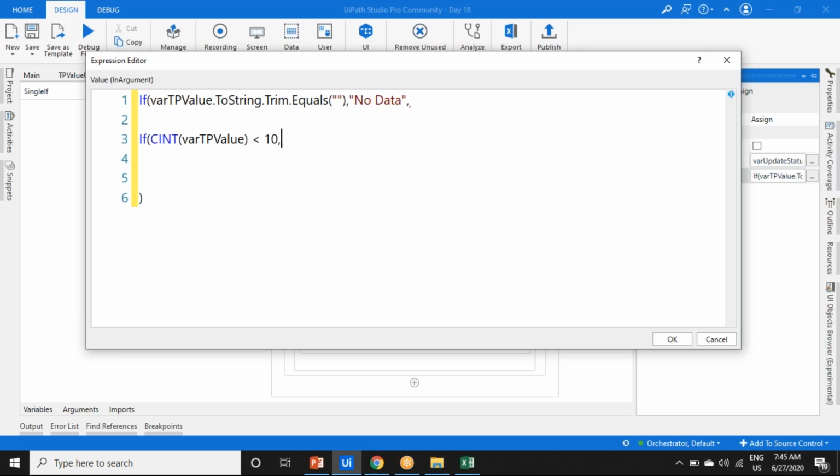Comma means then block. This is a child if condition in the else block. So then it is too low. Otherwise, again one more if condition. Okay, so here this if condition,